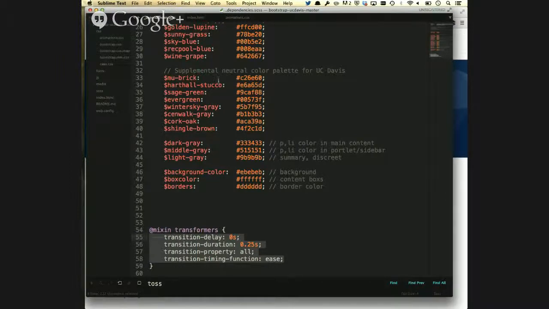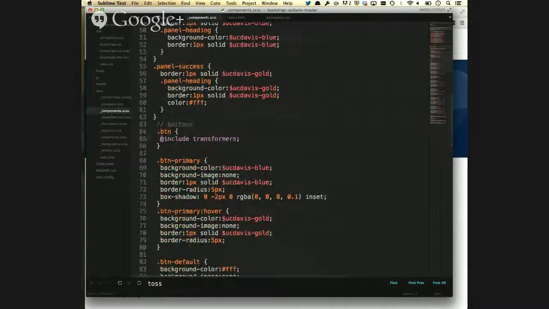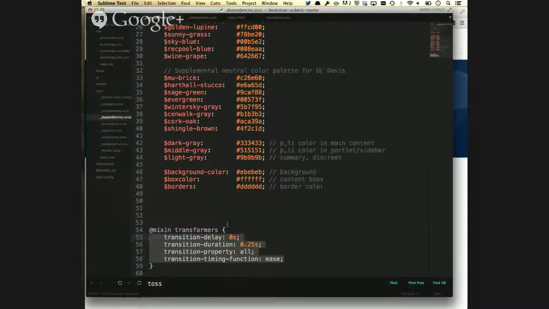But the main thing I use this mix-in on is buttons. So if I go down to my buttons, you can see it right here. At include transformers. Okay? So that means, I think, that anytime that element is changing, whether it's size or color, it will ask this transition, how should I change? Right? So this transition is saying, what does it say? Ease in? Ease. Yeah. So in theory,